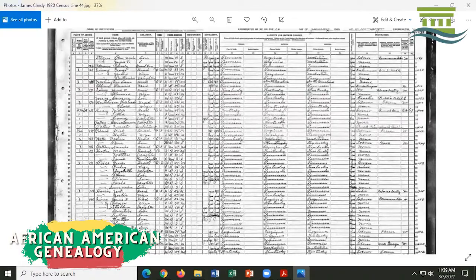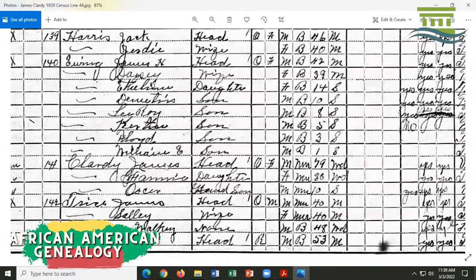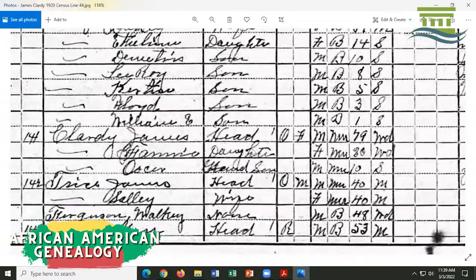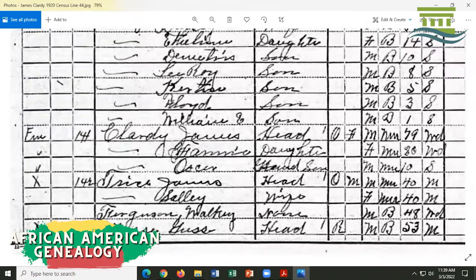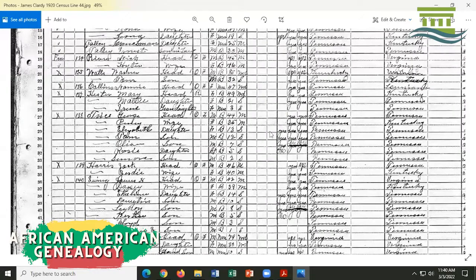And so here he is in 1920. He is a widower. Miss Sarah has died. And here he is, James Clardy. He's living with his daughter Hannah and his grandson Oscar in New Providence still. For those of you who are from the Clarksville-Montgomery County community, his home, his property, was very close to Tabernacle Church. It's located on New Providence Boulevard.